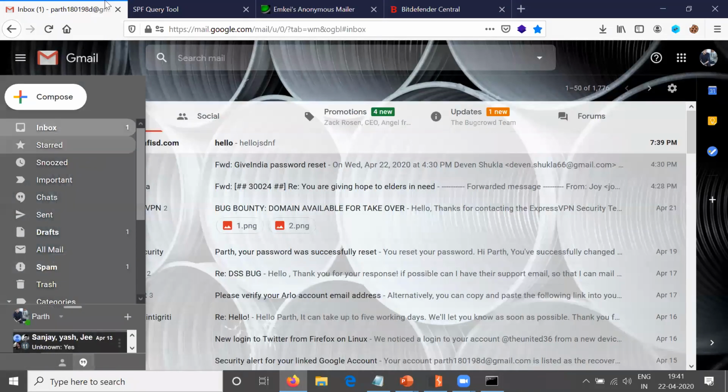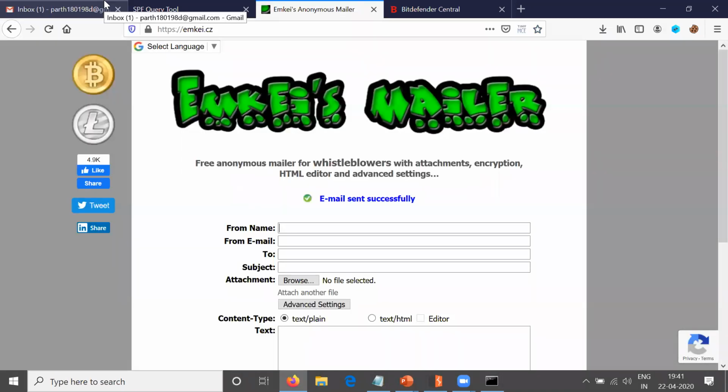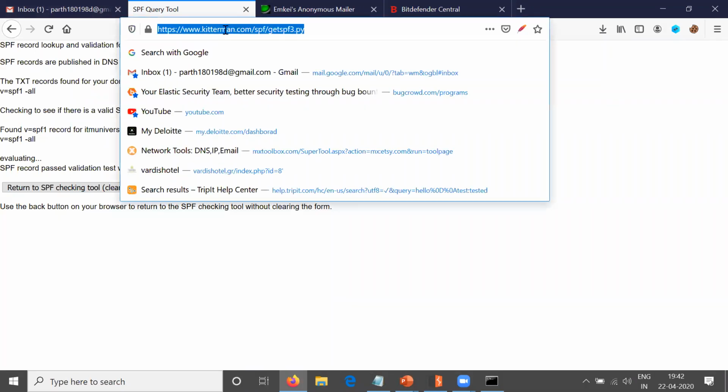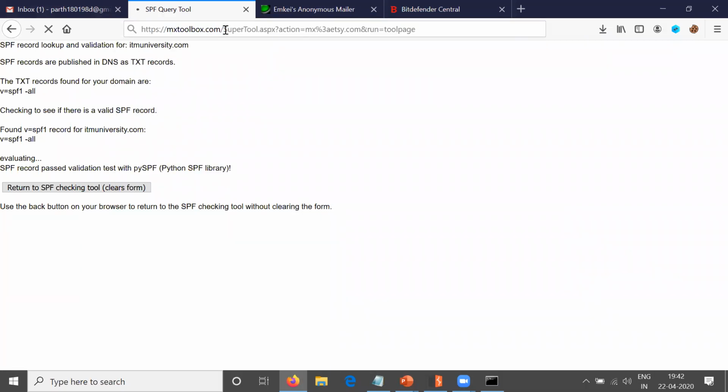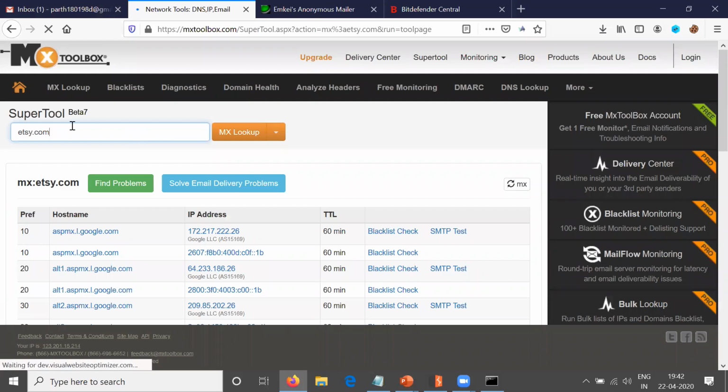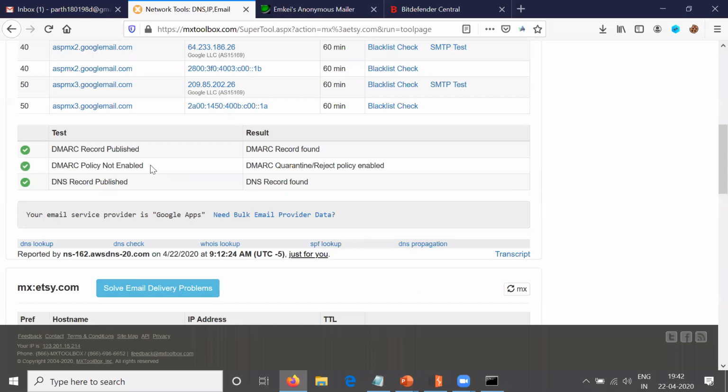So this is the major difference why companies have an SPF record. Now there's a similar thing, the DMARC record, which is just like the SPF record, but SPF record is outdated, so it is a P5 vulnerability, whereas when you report for DMARC, you'll get P4 or P3 definitely. In DMARC, I tried etc.com last time. What you need to do is go to MX Toolbox and you'll see DMARC policy not enabled, but it is ticked, right? So it is perfectly all right.